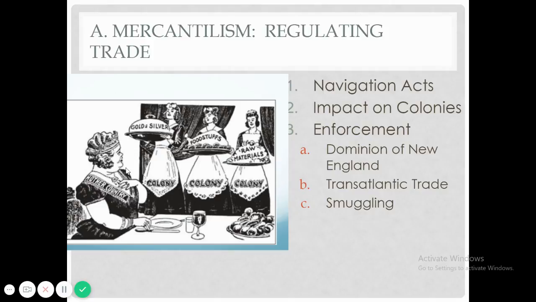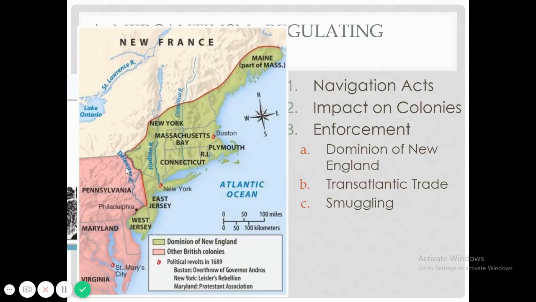Now that is until James II succeeds to the throne in 1685, and he's like, hey, I need to increase royal control over these colonists. They are getting away with too much, and I want to rule with an iron fist. So he dissolves a lot of the colonial assemblies. He combines all of the New England colonies, as well as New York and New Jersey, into one single entity called the Dominion of New England in 1686. You can see here, all of this becomes the Dominion of New England instead of separate colonies.